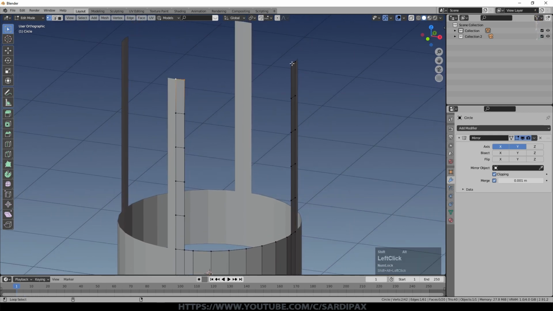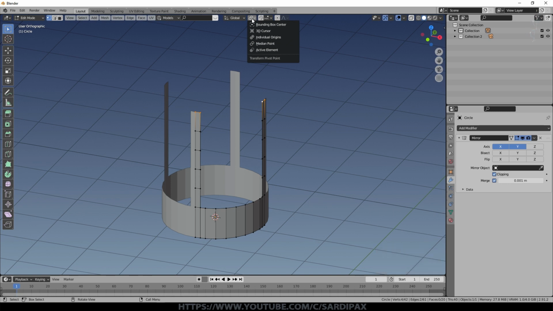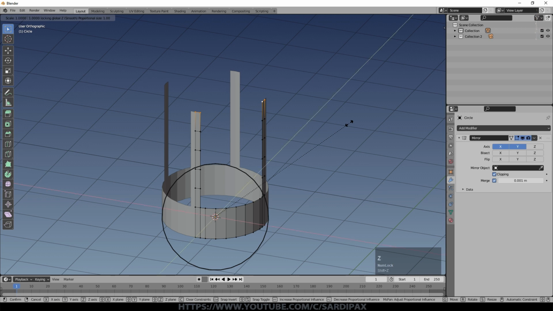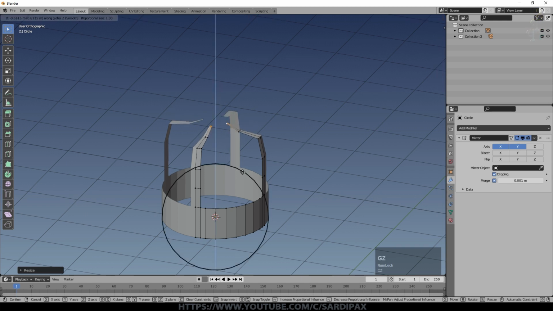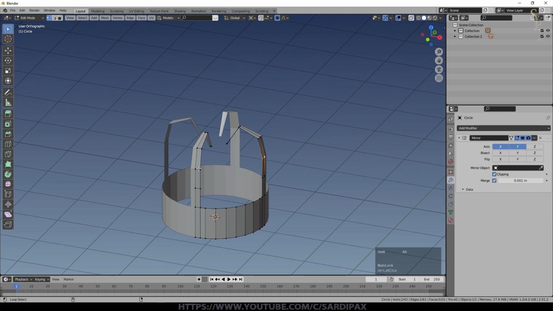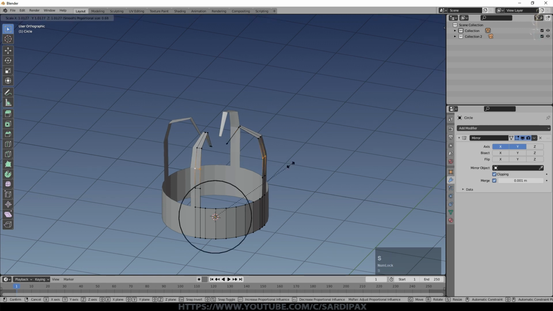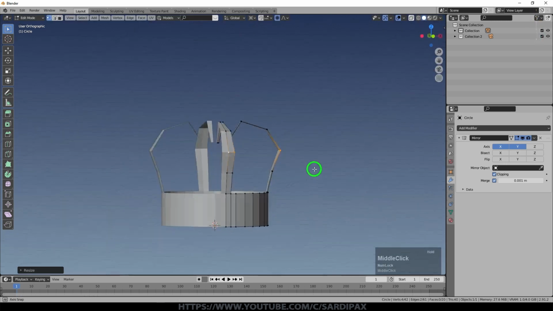So we'll select the ends here and we'll change the transform pivot point to 3D cursor. And the 3D cursor is down here, but it is in the center, so you need to make sure it's in the center. I'm going to press O and turn on proportional editing, and we'll leave it at the default to start with, and just press S, Shift Z, so it doesn't scale on the Z. You can see we're starting to bring that in. And we can press G, Z just to bring it down, and then perhaps select these 2 loops and scale Shift Z again and just scale them out slightly.